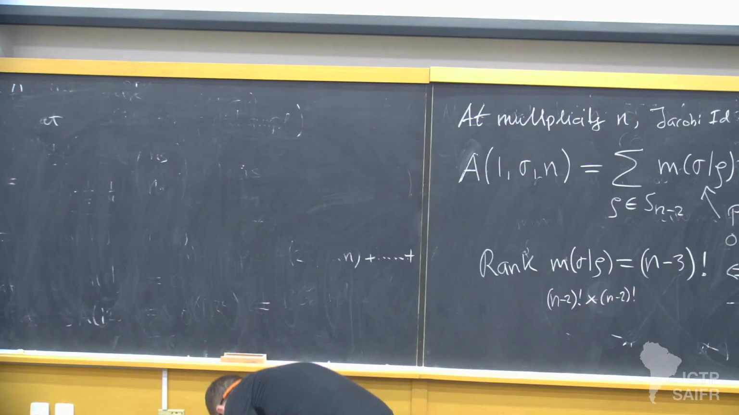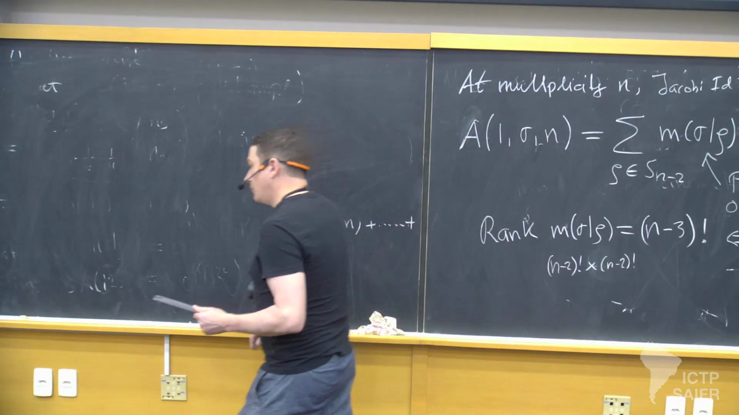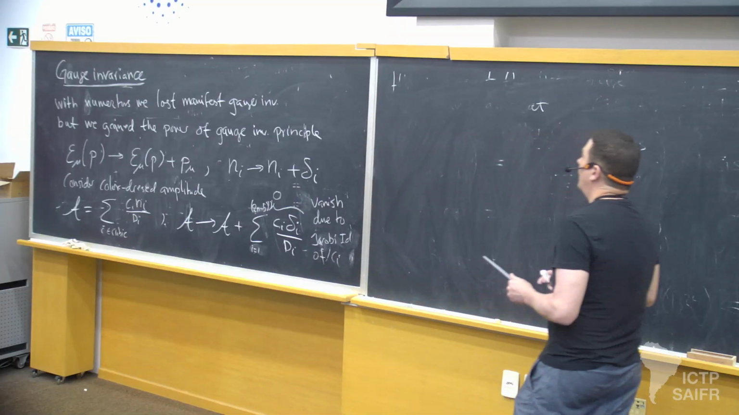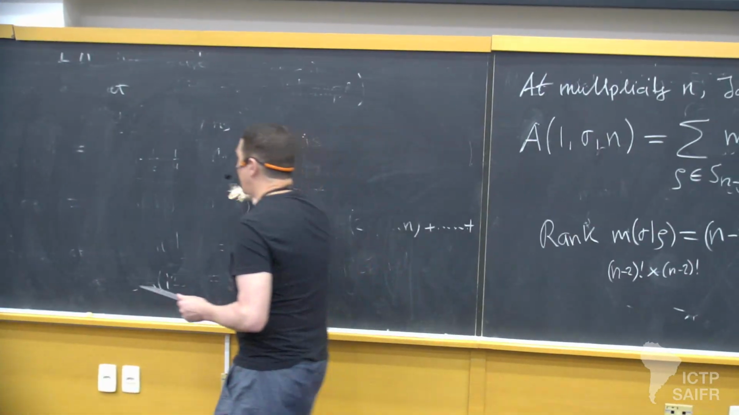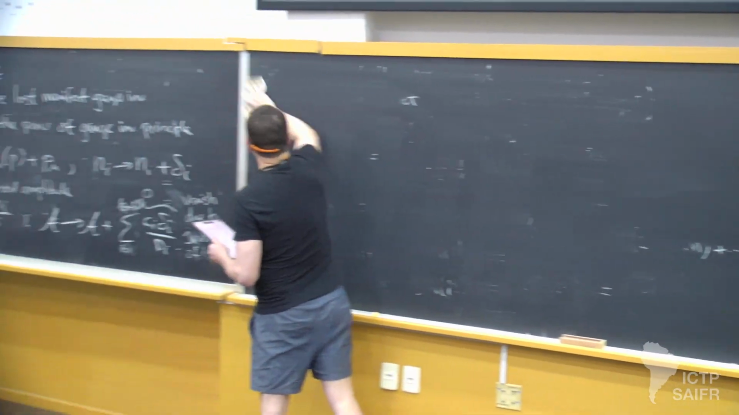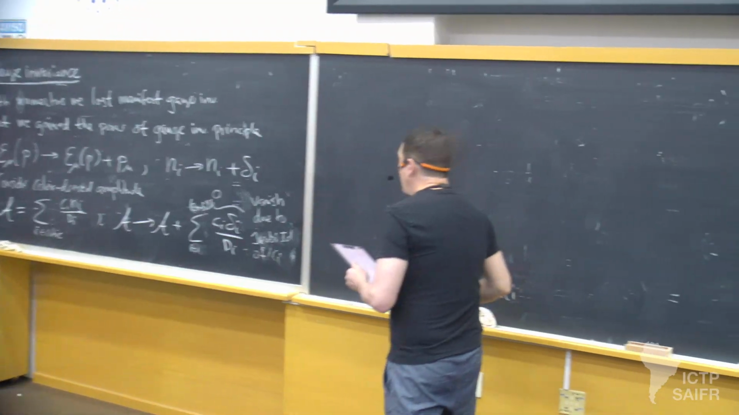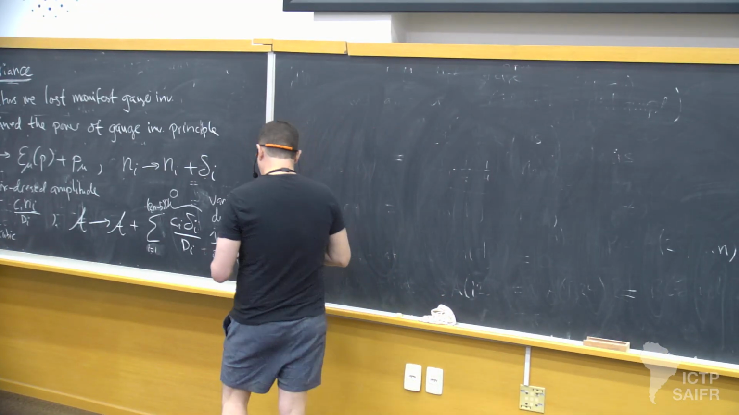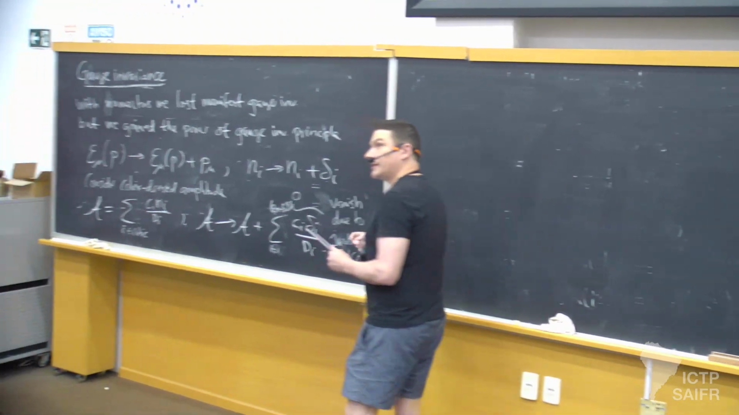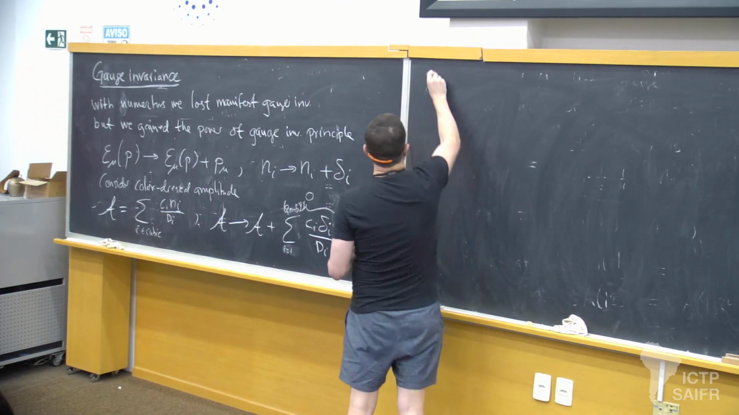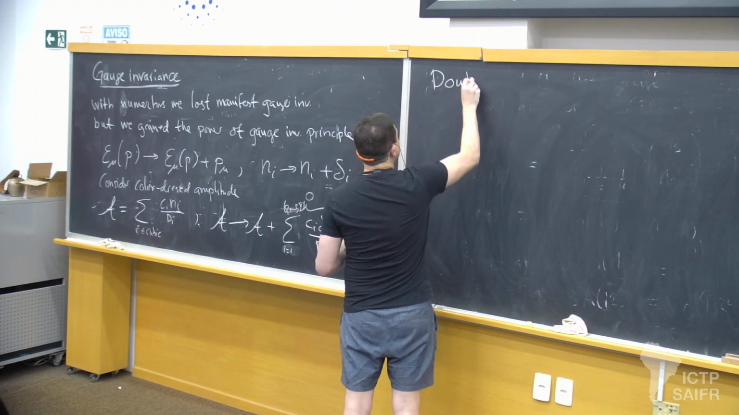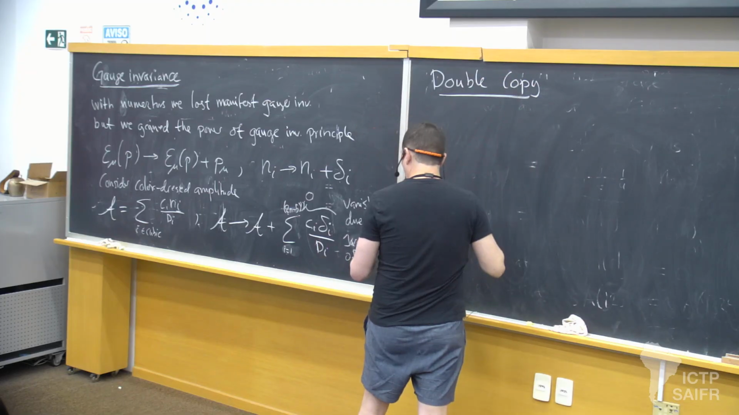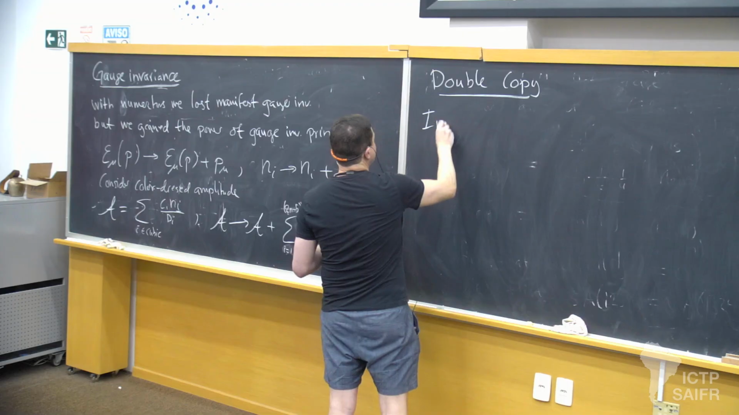Okay, and why am I mentioning that? Well, because this property is something I'm going to recycle in a slightly different context. So now what we're going to do, well, we're going to basically do what we call double copy. So introduce